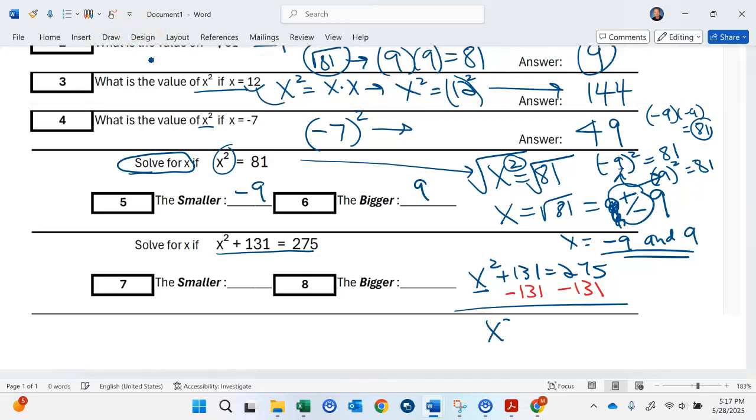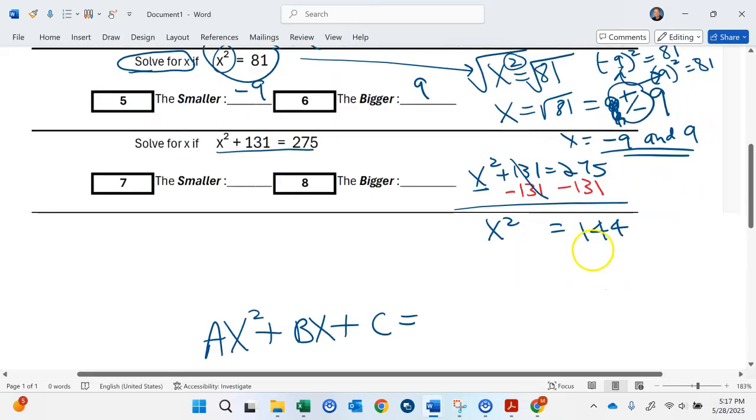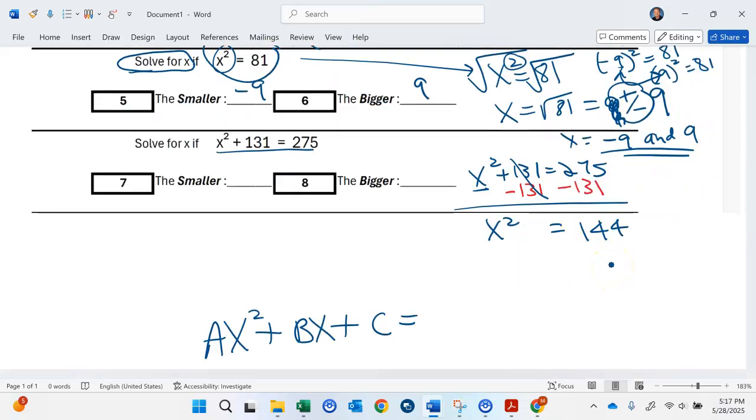So now we have x squared because this cancels. And then 275 minus that is going to be 144. And then we have an equation like this one over here. So see if you can find the answer and then come back and try it. Okay? Well, remember, once we have x squared by itself,